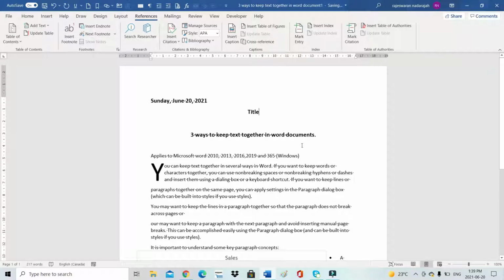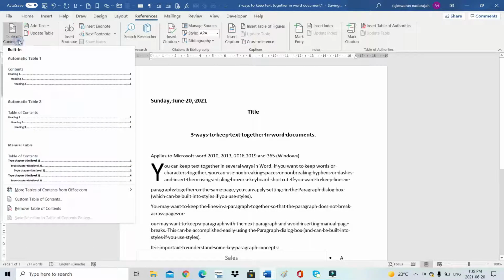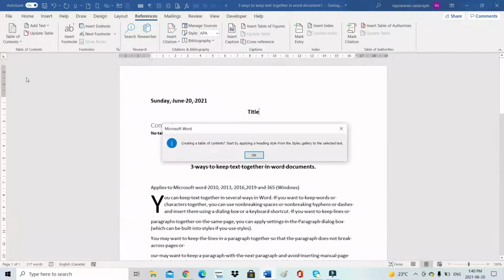This is the first title. When you have it here, then if you go to the references, you can go to the table of contents, then you click it here, and you can see, create the table of contents.